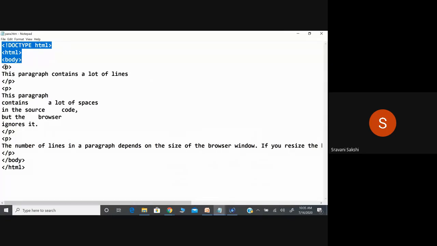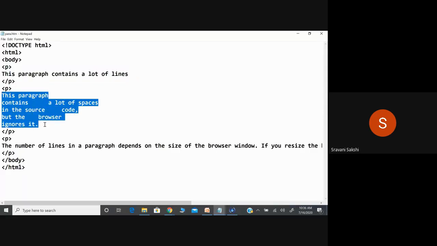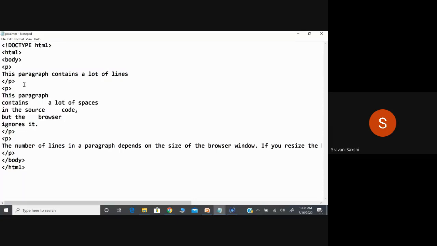So coming to the para tag, within the P tags, here I have defined a para in a single line and a para within multiple lines. So para tag start, end, and start, end. Then you have to end your body section and HTML section, which are defined in the last 2 lines.